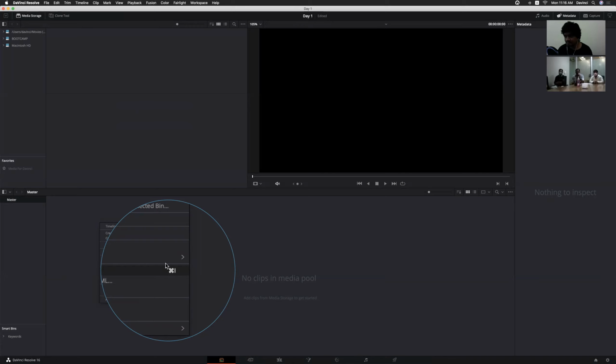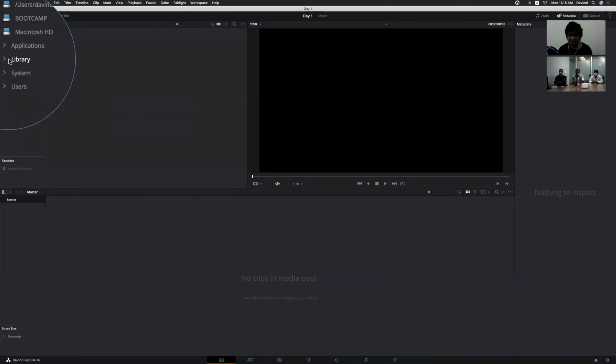So, import media. This is the same as in Adobe. Even in the browser section, we can use manage and see our hard disk content.